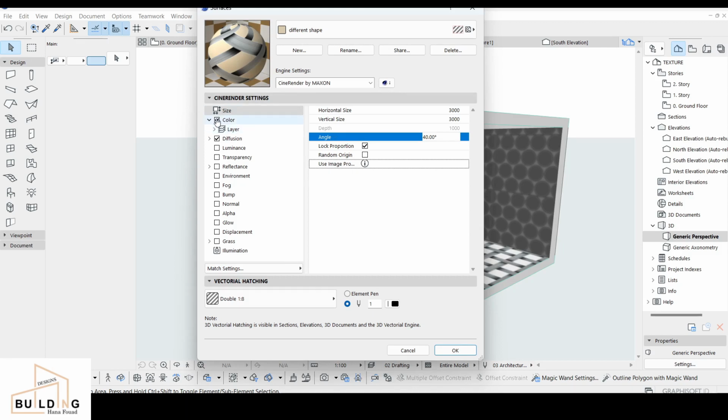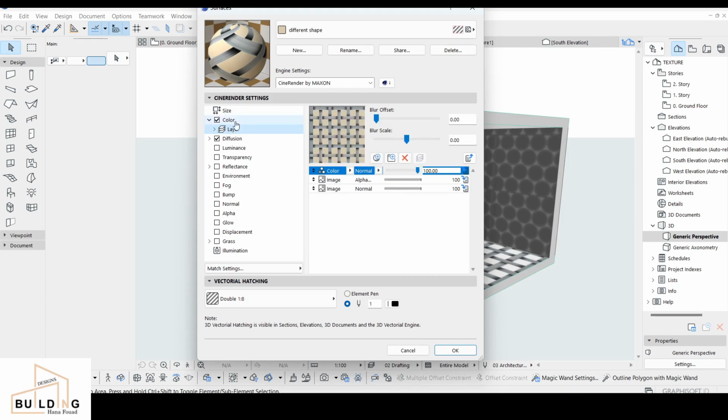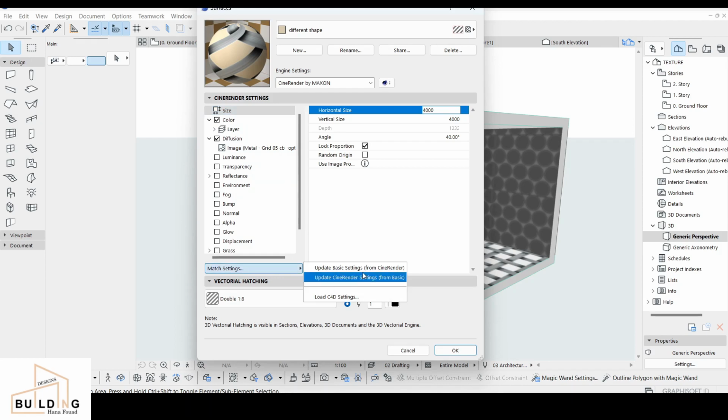Okay, and then we're going to go with the layer, and even the size I'll increase to 4. Yep. And so once we did everything here, we can just say update the mask from cylinder, which we're going to do. And if we go here,